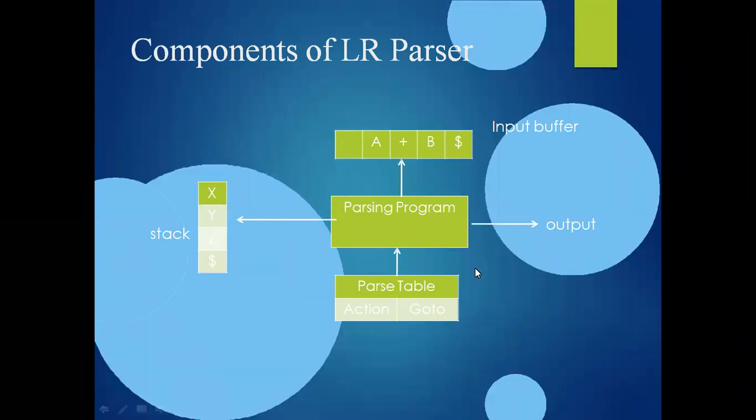And it determines the state currently on the top of this stack. See here, the top of the stack is X. And for example, here the pointer is reading a terminal symbol, and it is the current input symbol, and the current state is Y here. It is pointing at Y. So what it determines is the state currently on the top of the stack and the input terminal, or whatever the input symbol from the input buffer.